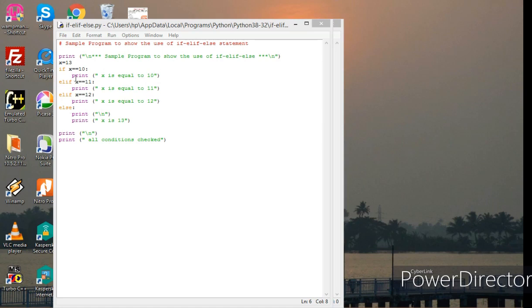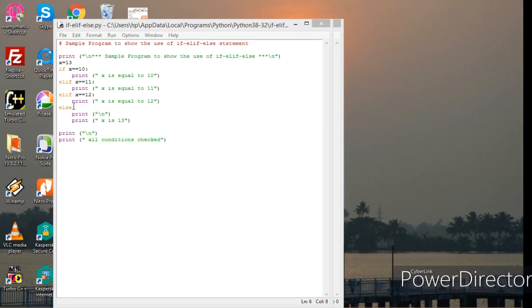So here you can just observe, if and I have the condition, and that condition has to be terminated by a colon. Here also, elif x is equal to 11, the condition is there and the condition is terminated by a colon. Similarly, elif x is equal to 12, it is terminated by a colon again.